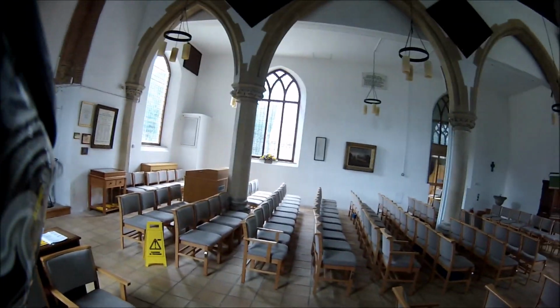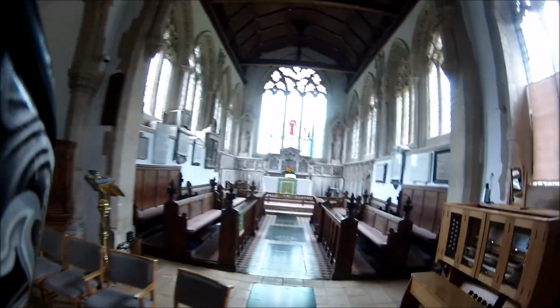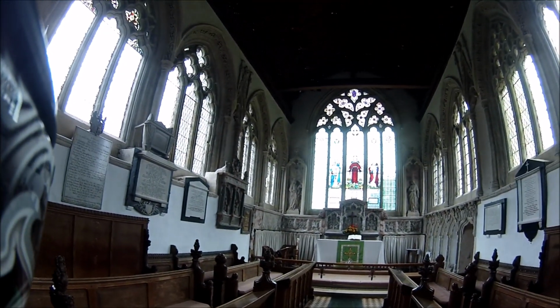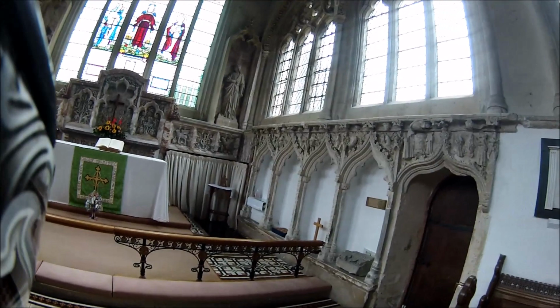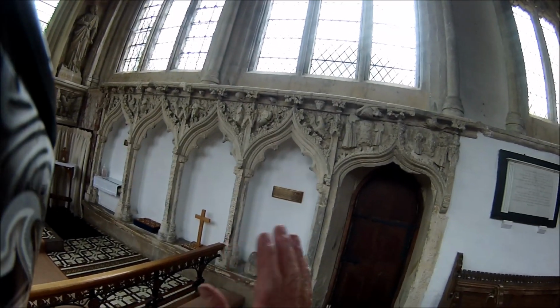This part of the church is nothing special at all. You can see it's just been ripped out, but it's not this part that's impressive. It's this part. Look at that. Beautiful carvings. Now you can see